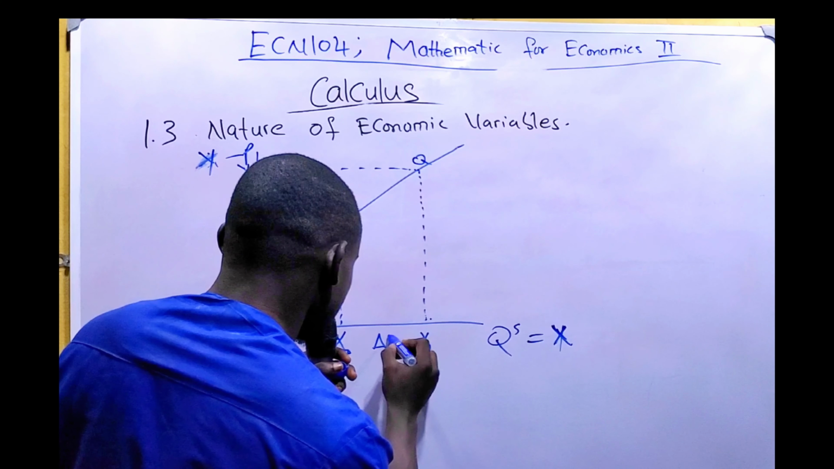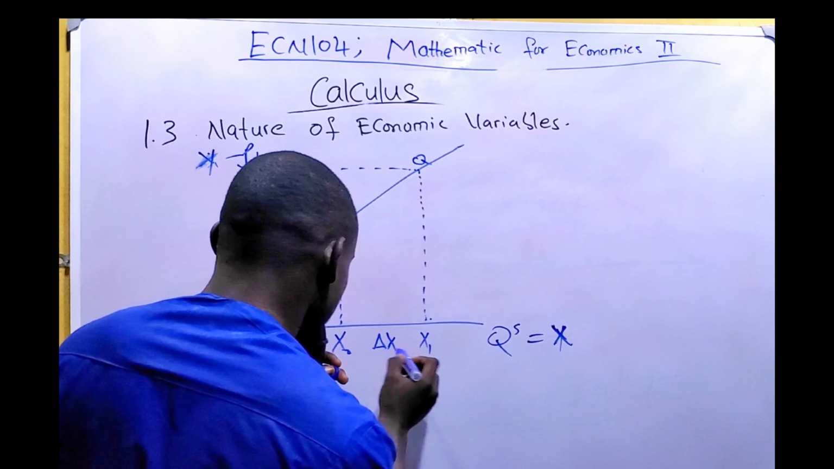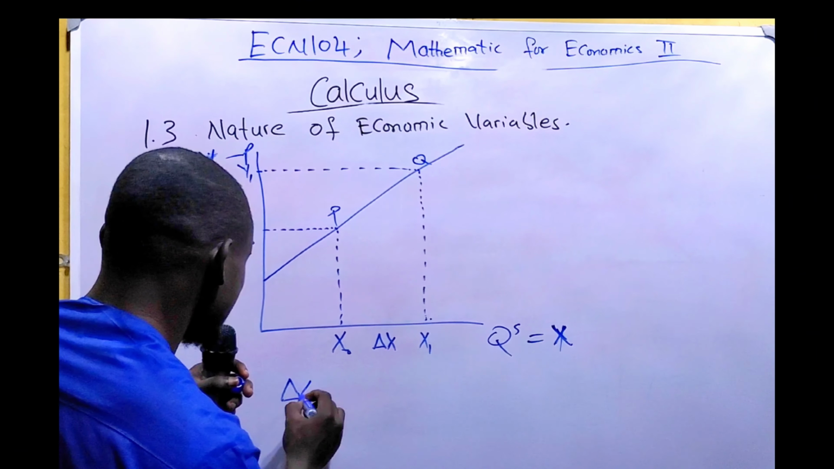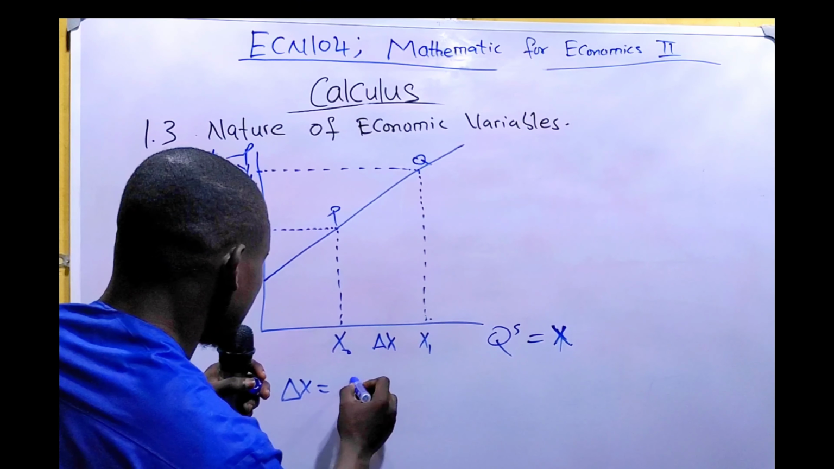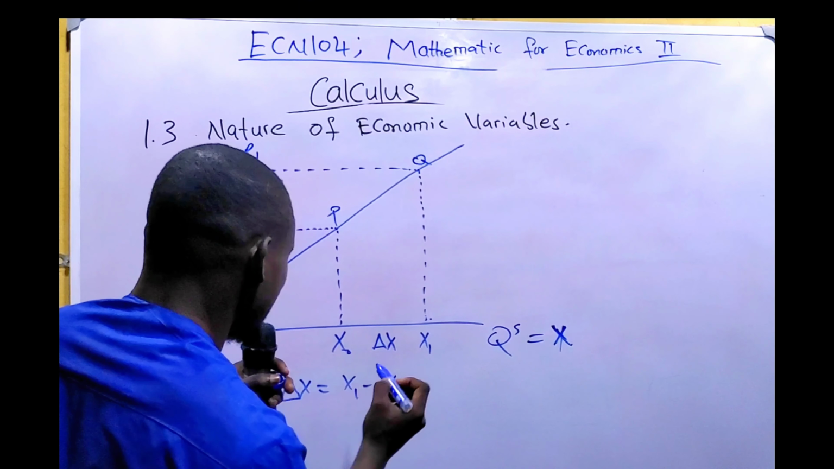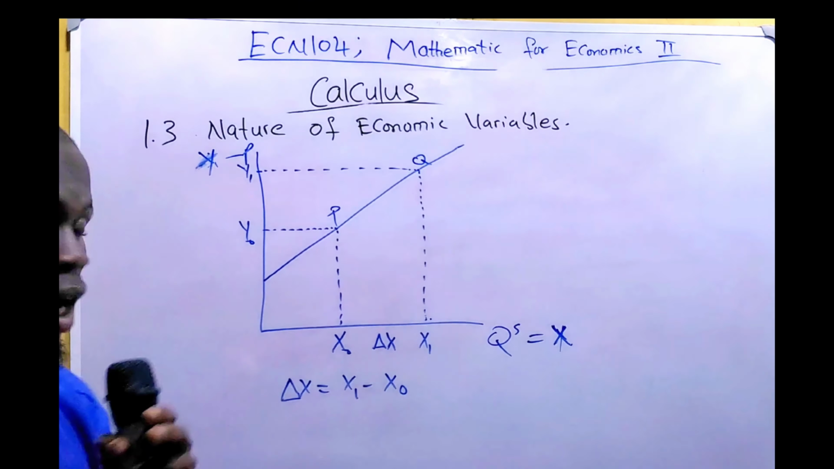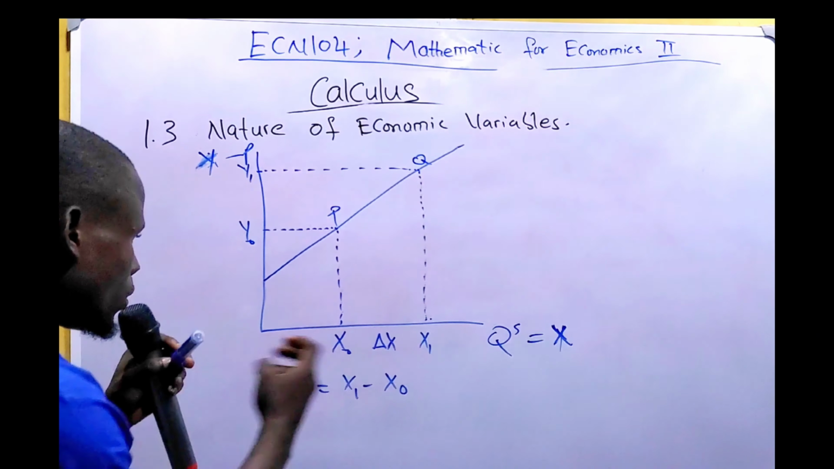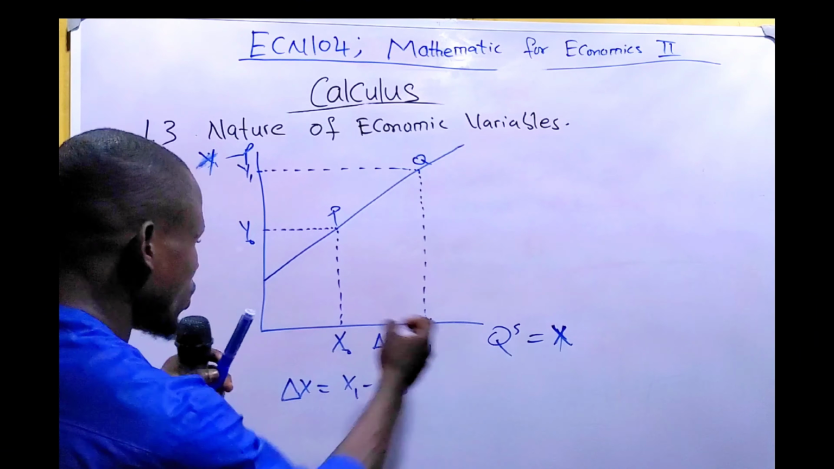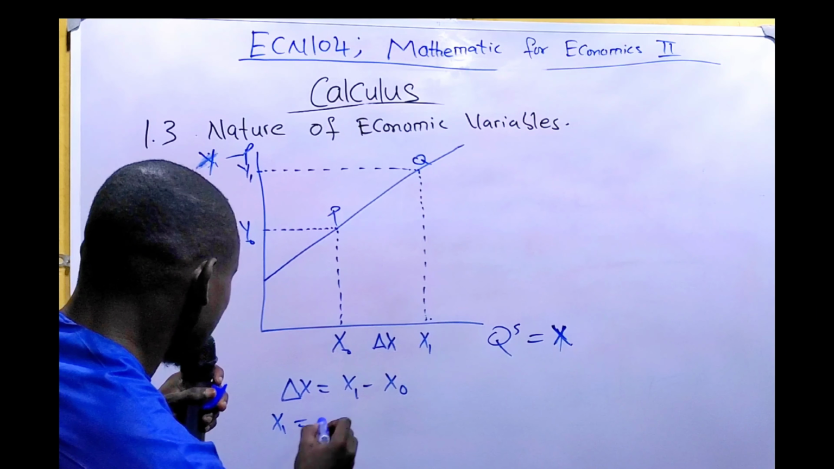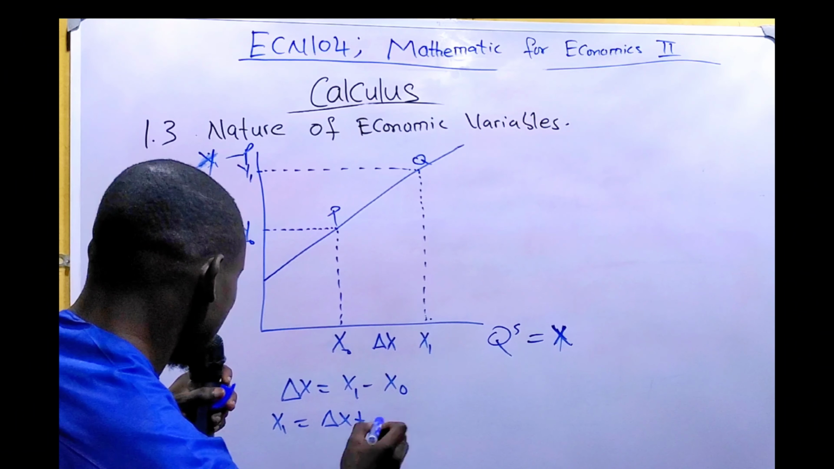is denoted by change in S, which is change in quantity supplied. Change in S equals S1 minus S0. Are we together? S1 minus S0. This new position of quantity supplied can be gotten as S1 equals change in S plus